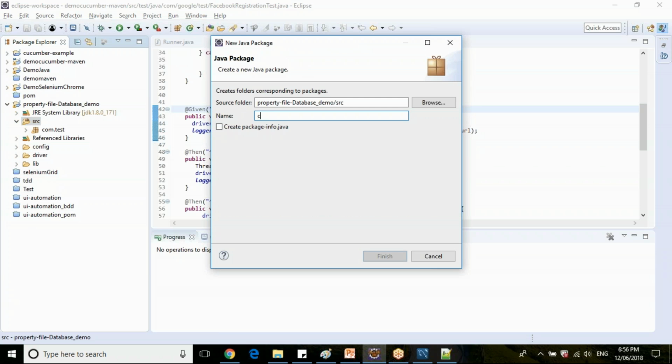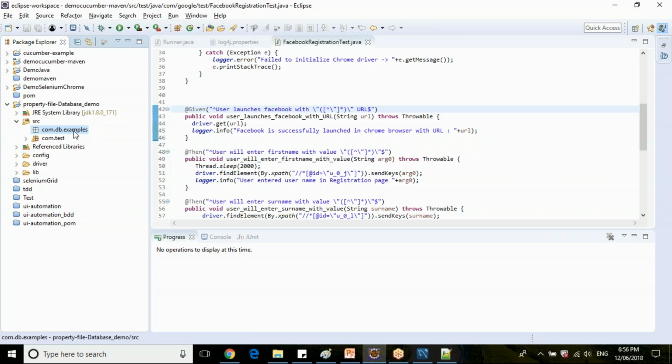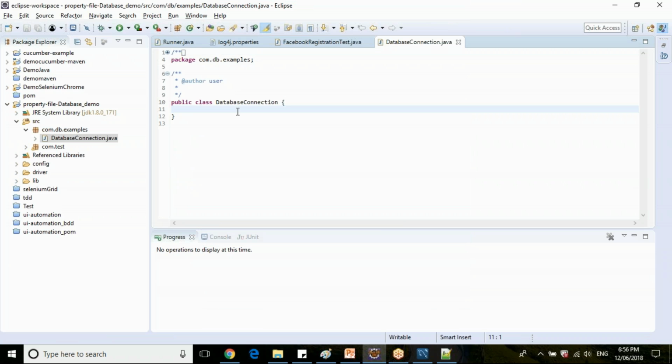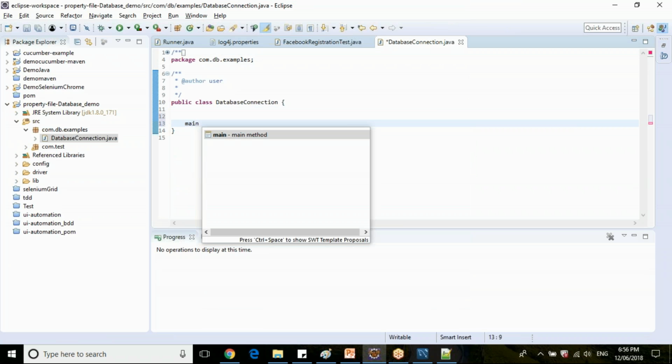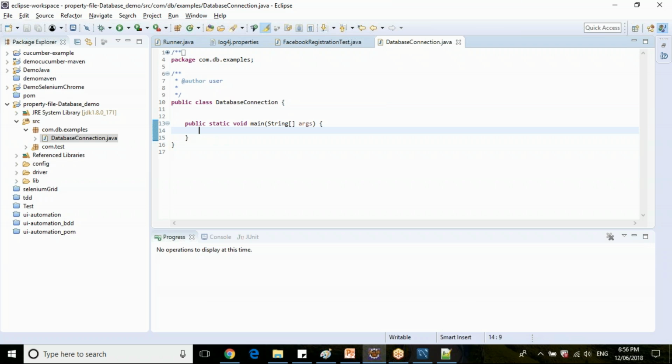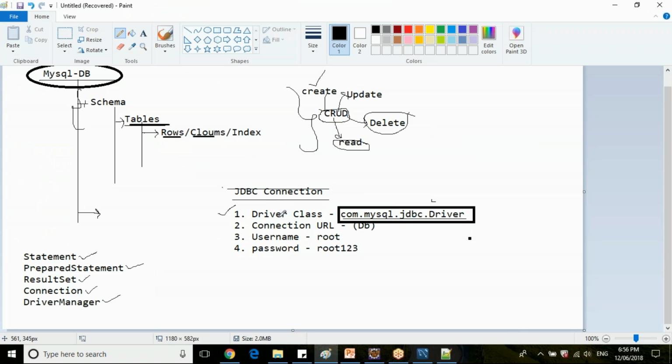Let me create a new package, a new class, and a main method. Okay. So the first step is the driver class.